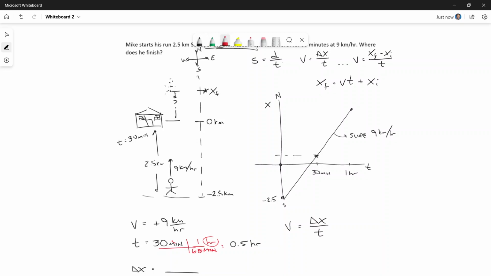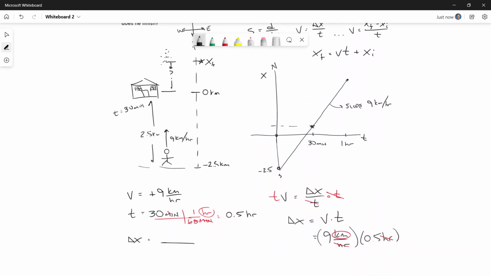And therefore, if I multiply both sides by t, I can find that delta x is simply equal to velocity times time. And I know both of those values. Velocity is 9 kilometers per hour, and my time is 0.5 hours. Notice my units, my hours cancel. I get a displacement. Delta x is equal to positive